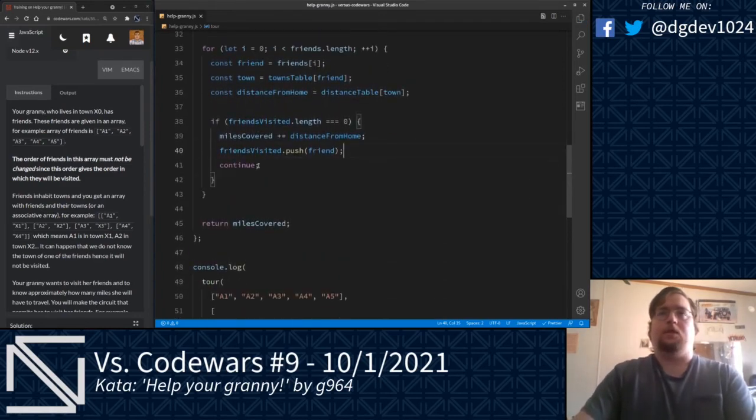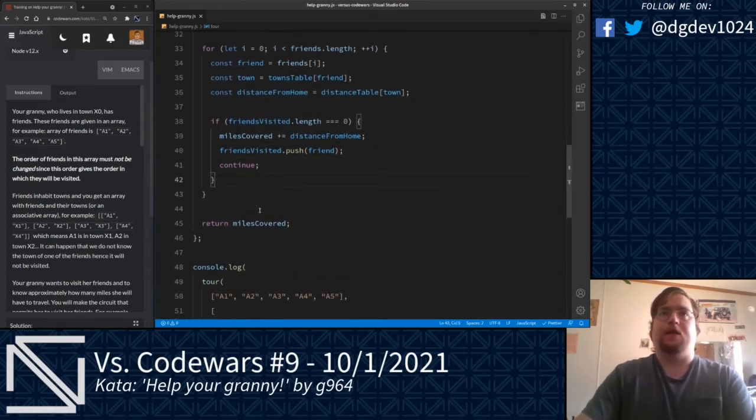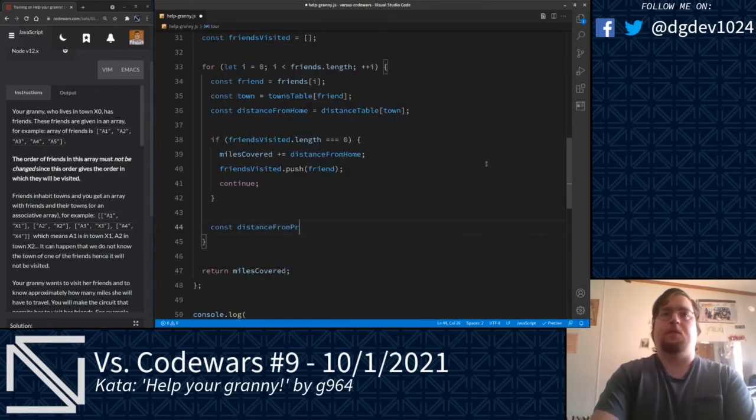All right, otherwise, we need to go ahead and find out the distance to this next friend's home relative to the position where Granny is at right now, which should be the previous friend that she visited. What we'll go ahead and do here is const distance from previous friend, previous friend distance from home equals distance